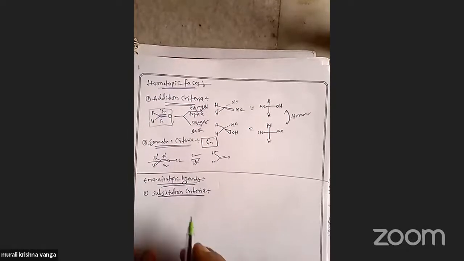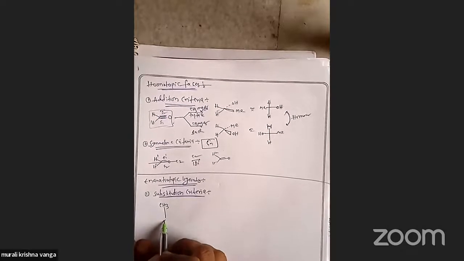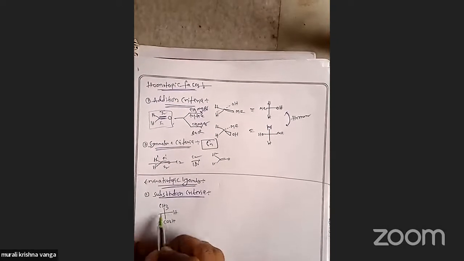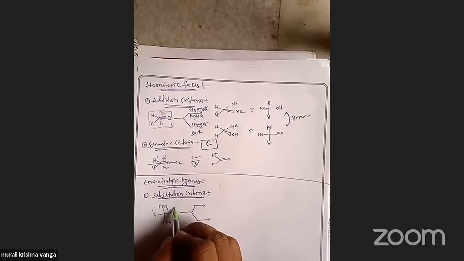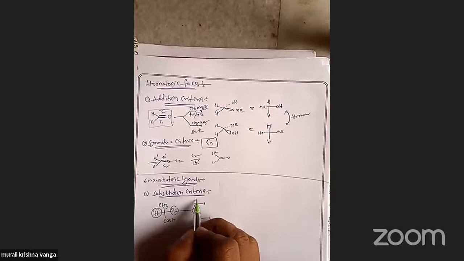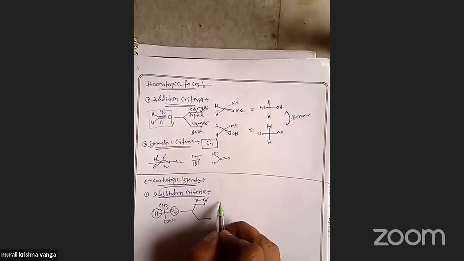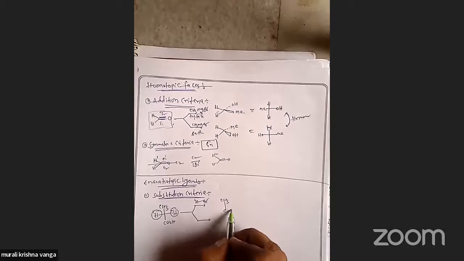So I am taking one molecule and labeling H1 and H2 here. That means if the selected subunits of the molecule are substituted with a different ligand and the resulting products are enantiomers, then those subunits come under enantiotopic ligands. Here these two, H1 and H2, are the enantiotopic ligands. When these ligands are substituted, here H2 is substituted with bromine, OH,